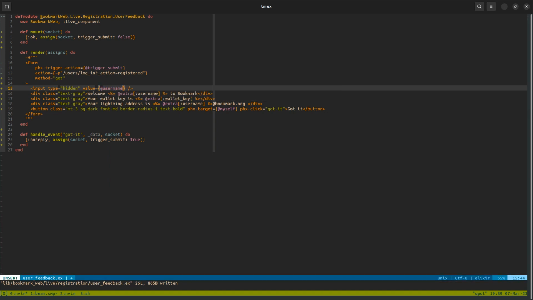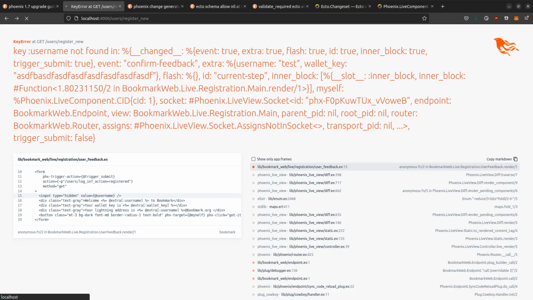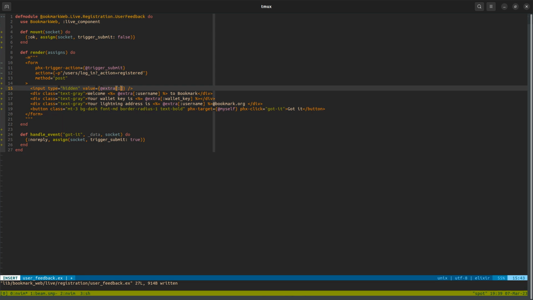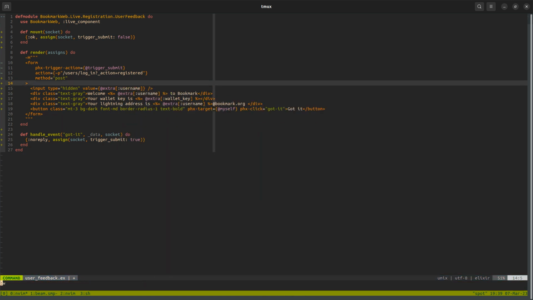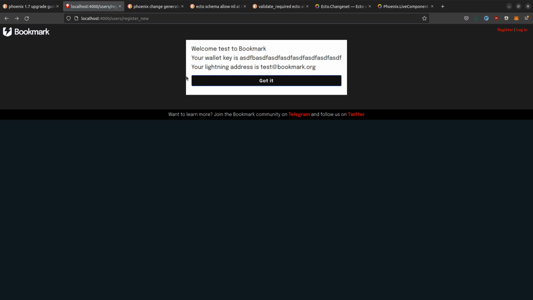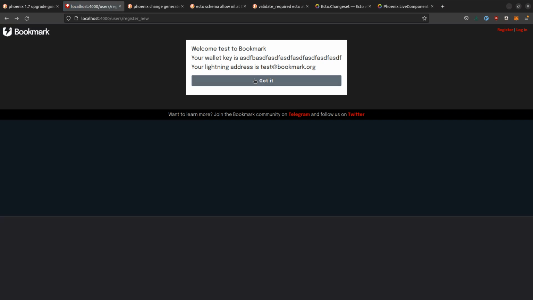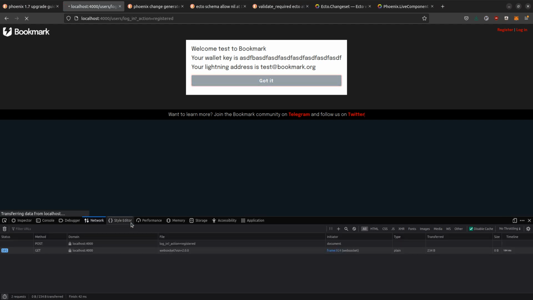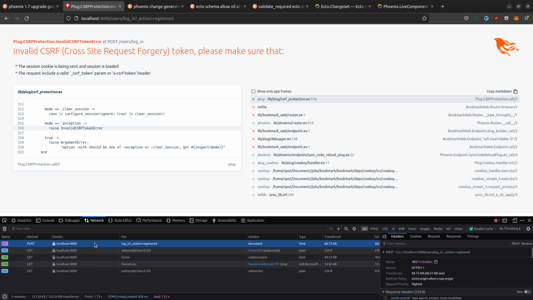Let's say I send my username here, and this is a post. So I will, key username not found. Because it's extra username. Let's see if it shows it to me here. When I do got it, this is gonna make a post with